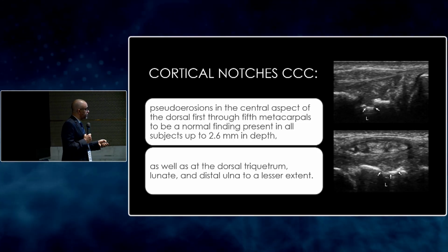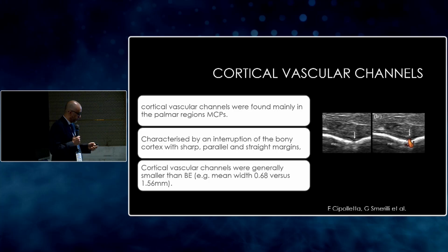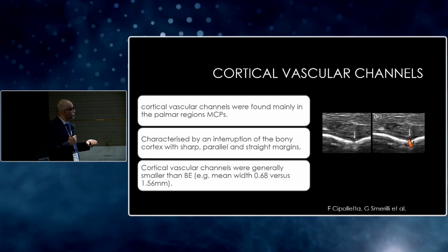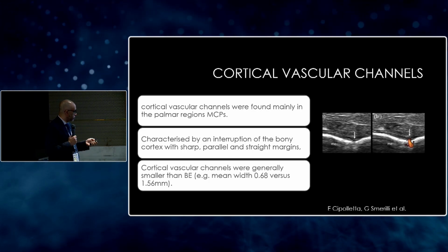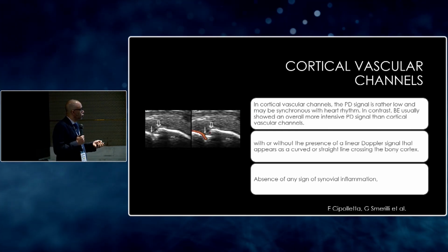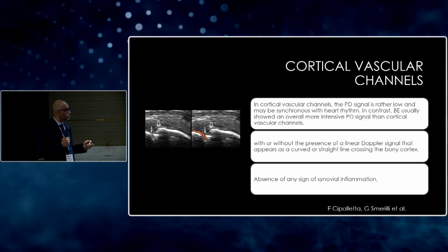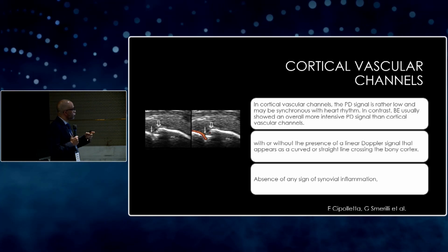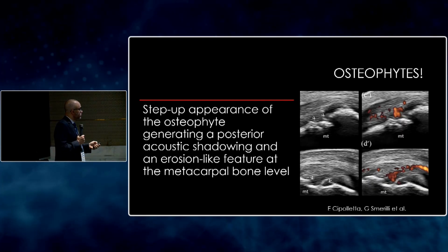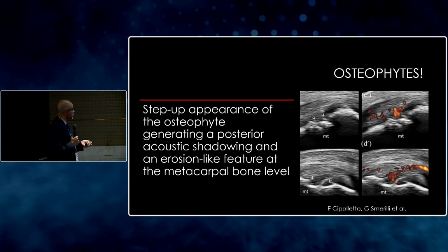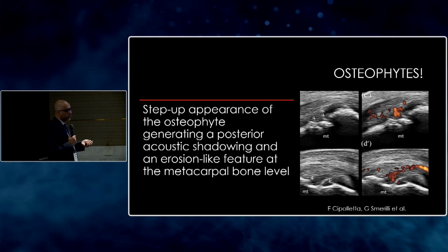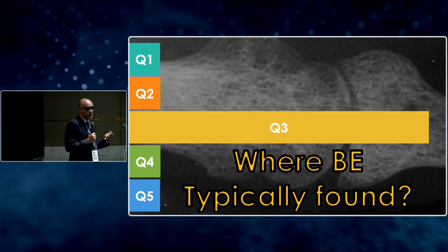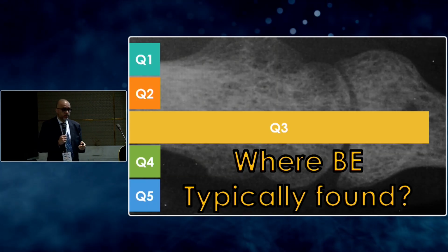You can see it on the long scan of the dorsal wrist. The second mimicker, which is the blood vessel, usually appears as a small notch, less than 0.6 millimeter, usually present at the palmar side, not on the dorsal side, and they can be seen in long axis and corresponding to the peripheral pulsation. Sometimes the small step-up cortical abnormalities of osteophytes at the MCPs appear with acoustic shadowing,